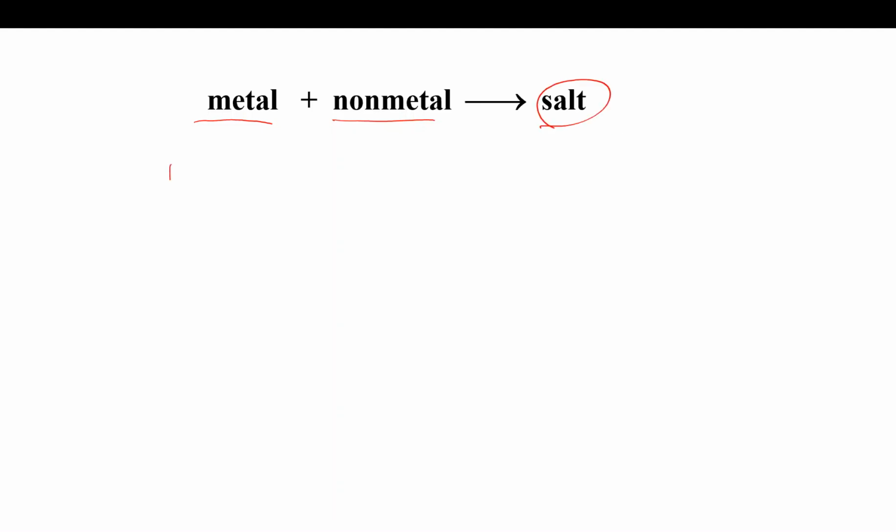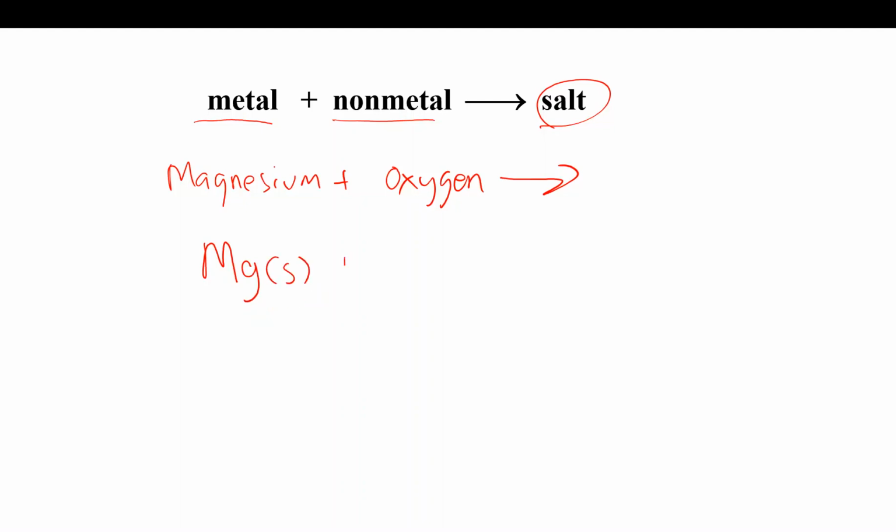So let's do a really easy one. Let's say, well, what if I have magnesium combining with oxygen? What's going to happen? Well, first you got to realize, okay, magnesium is what? Mg, and it's a solid because it's a metal. And at room temperature, metals are solid. Then you got oxygen. It's a diatomic, and it's a gas. And what is it going to produce? Well, we know it's going to combine to produce